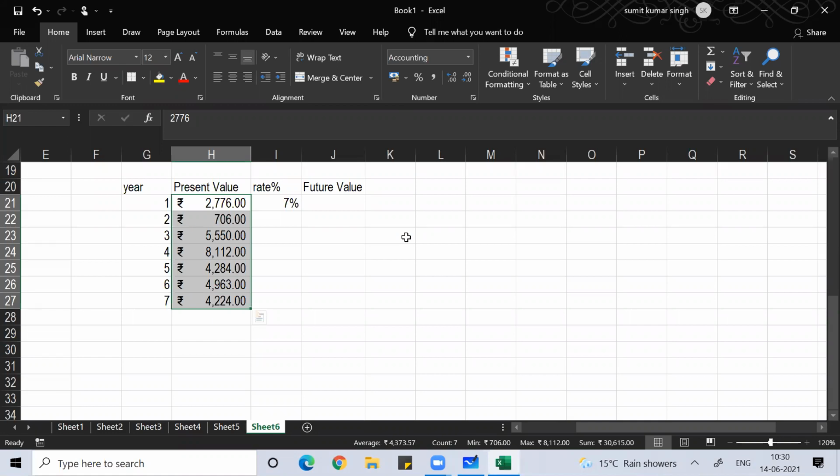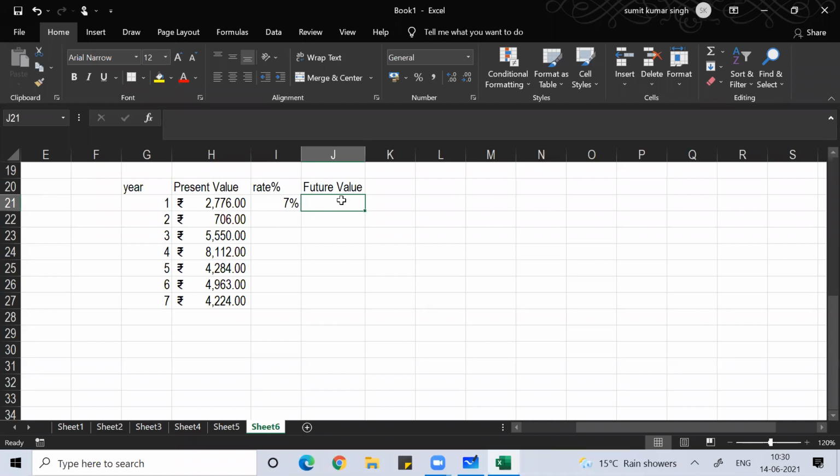Now, if you see this, guys, if I want to find the future value, means what? The money which I have deposited at the end of first year, it will grow for how many years, guys? Please understand. Suppose every year I go to the bank and deposit some money. If the total money is going to grow for 7 years, this money will grow for 6 years. Can you understand this, guys?